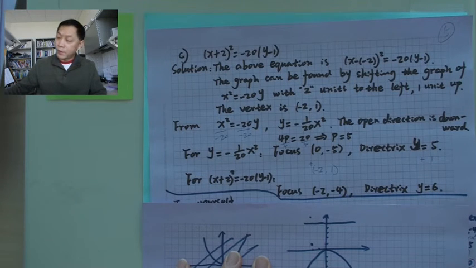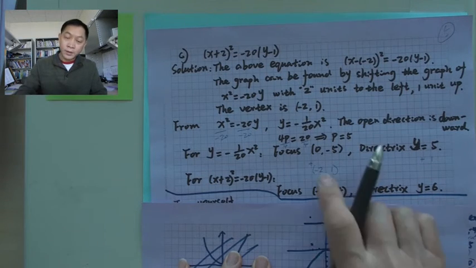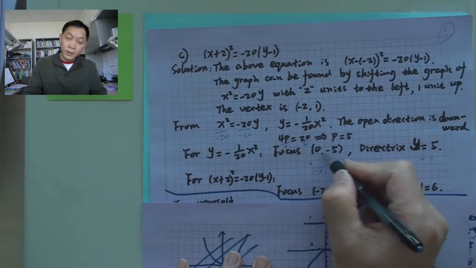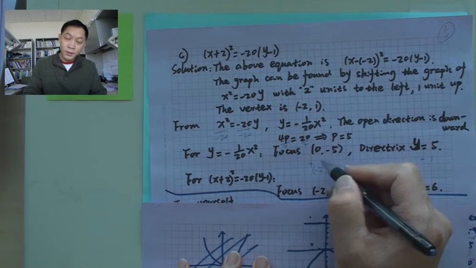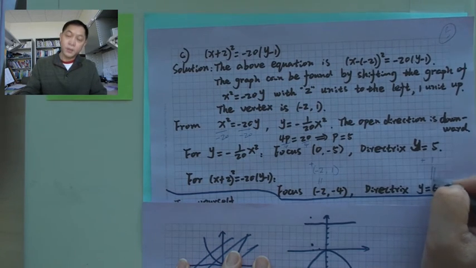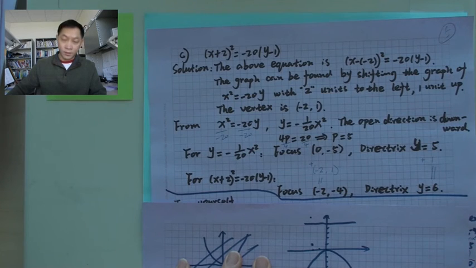So you add the vertex shift onto the focal points, and you will get the new one. And here it's the same thing. Okay. Now